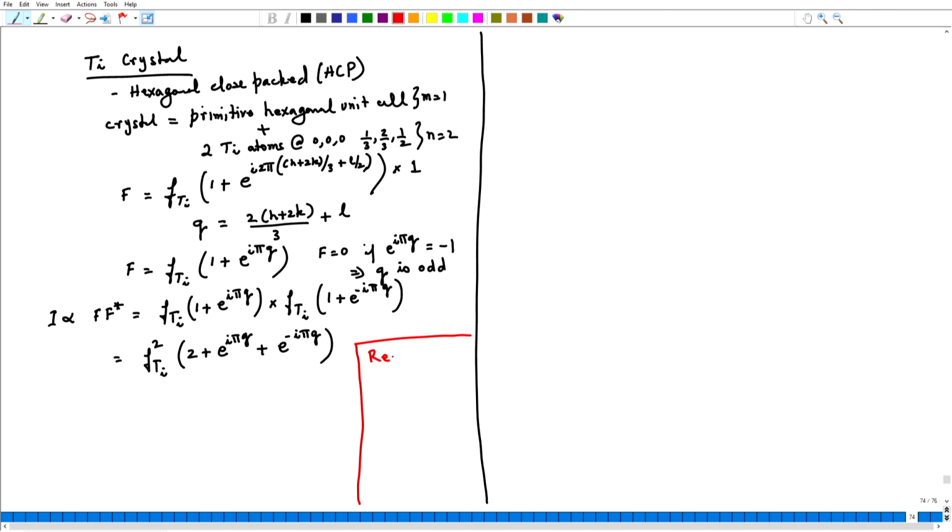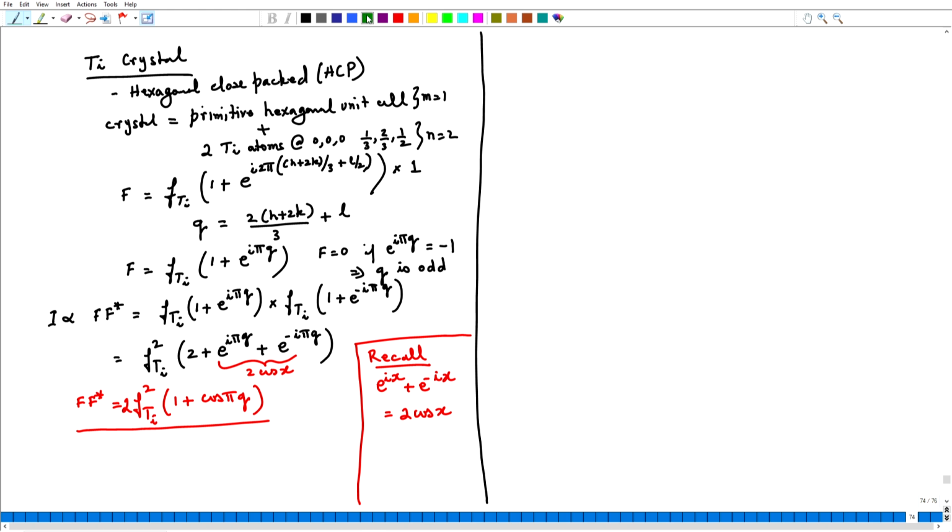Now, recall from the previous lecture that e to power i x plus e to power minus i x is equal to 2 cos x. Therefore, I can now write F F star to be f_Ti squared, and this goes to 2 cos x. So, the factor of 2 can be taken out, put here, and I will get 2 times (1 plus cos of pi q). So, we have in this process gotten rid of the complex terms, and now we can analyze this. So, in order to analyze this, F star would be 0